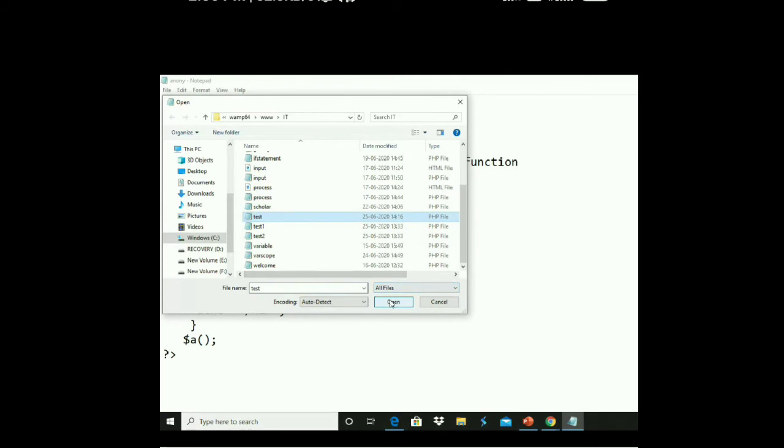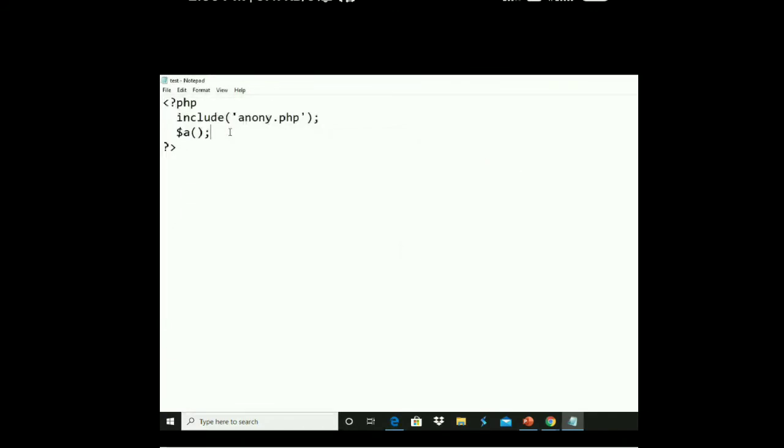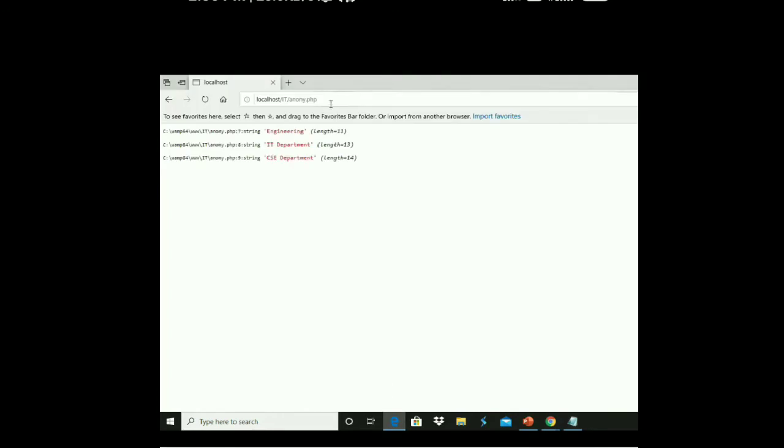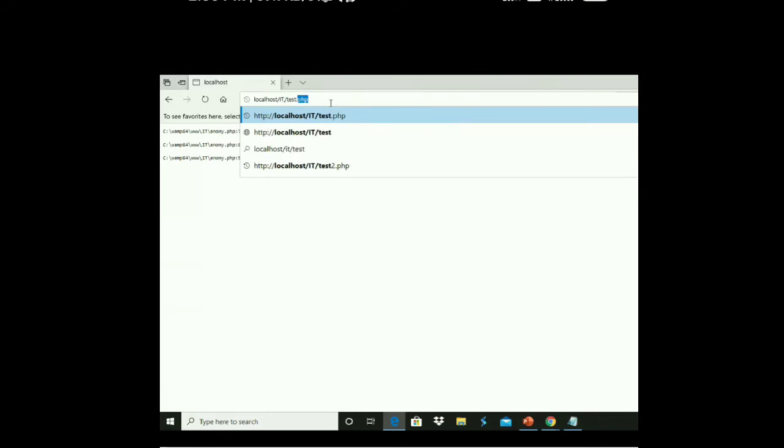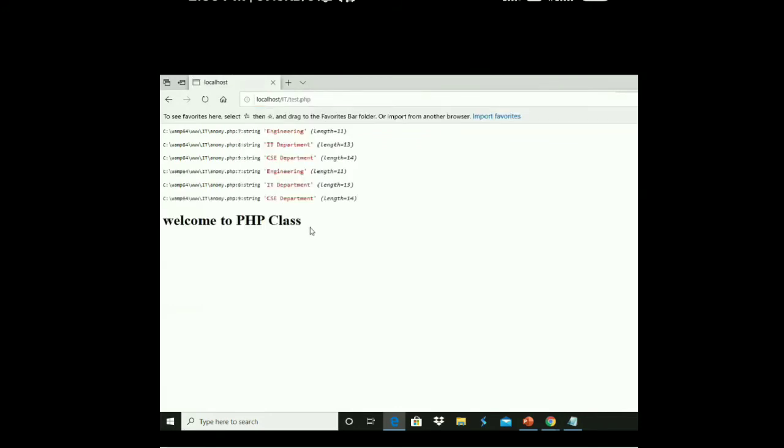So test.php. Okay. So what is the name of my function here? It is skcet, isn't it? Skcet is a normal function. So now I should get 2 pieces of information. When I run test.php, you can see here, this is a message which is given by the normal function, not by the anonymous function. Mayappan, are you clear? Yes sir.